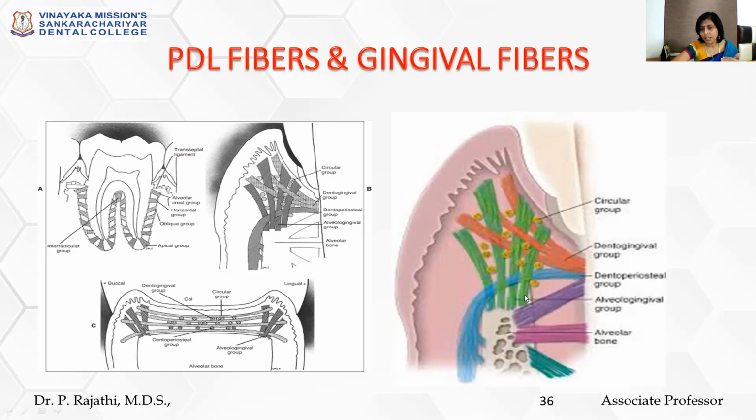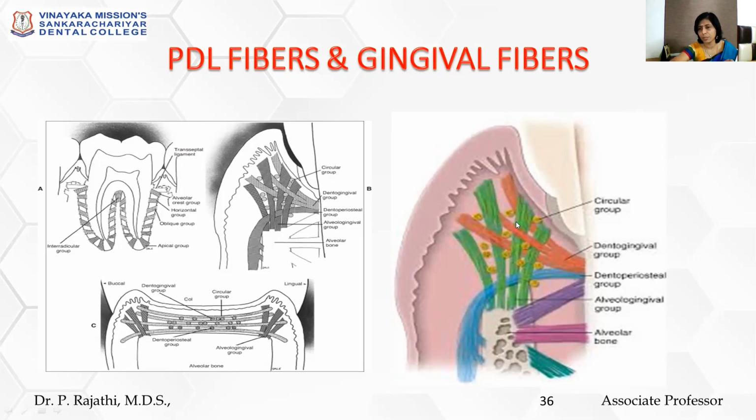From the alveolar crest, if the fibers get inserted into the gingiva, you call it the alveolo-gingival group. If they start from the cementum and get inserted into the gingival connective tissue, then you call it the dentogingival group. There are a few gingival fibers that encircle the tooth, and you call them